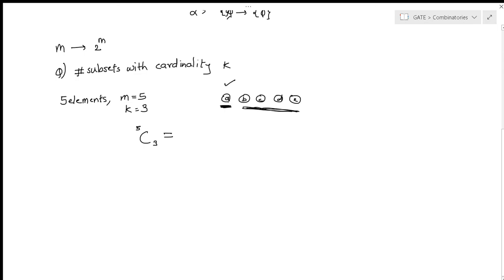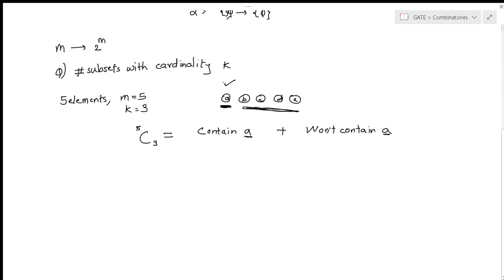One way to think about the problem is, no matter which subset I take, either it will contain A or it won't contain A, right? It will either contain A, or, by the fundamental principle of addition, it won't contain A. These are the two possibilities, and we know that both of these possibilities are totally disjoint. There is nothing common between them. So we are looking at the first possibility.